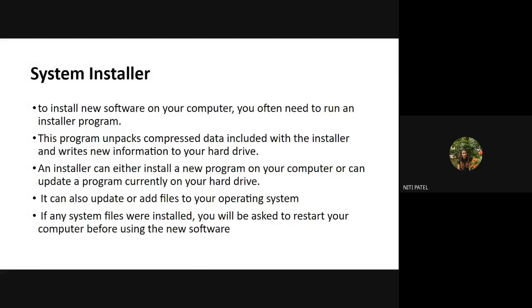Many times you might have observed in our labs, a few of the systems do not allow you to install or download anything into the C and D drive. Why is that setting done? Because such settings are called system installer, where I am asking a normal user to first give the ID and password of admin to download. If the user has that ID and password, he can download. But if not, you will not be able to install anything into those drives. Those drives are restricted from any kind of user download or user update, if it is system installer.